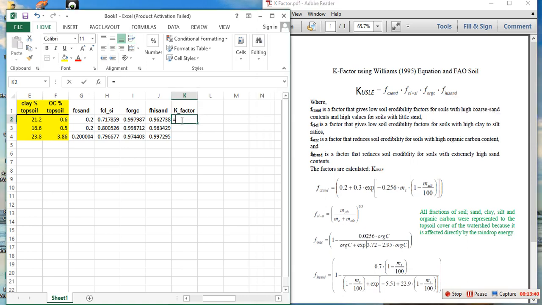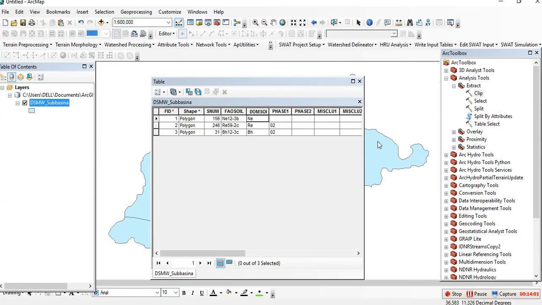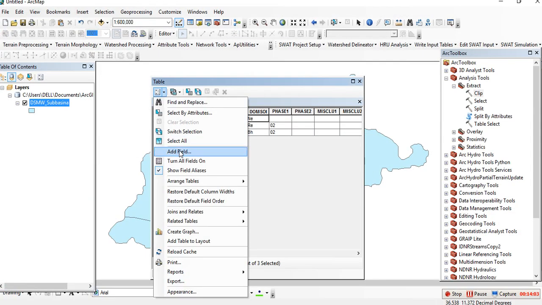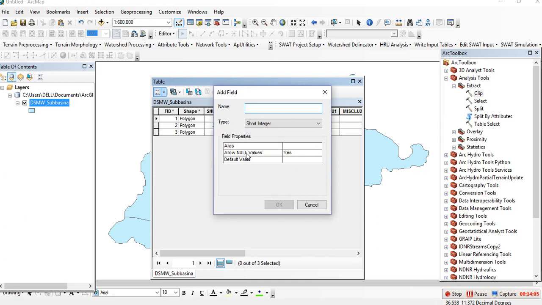So equal sign, this multiplied by this multiplied by this multiplied by this, you will get the k factor. Then double click here. Copy this one, paste values only, then go back to ArcMap, add a new field, name it k factor,